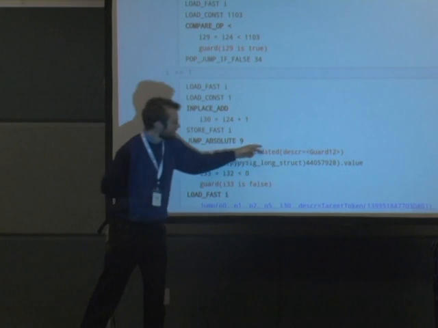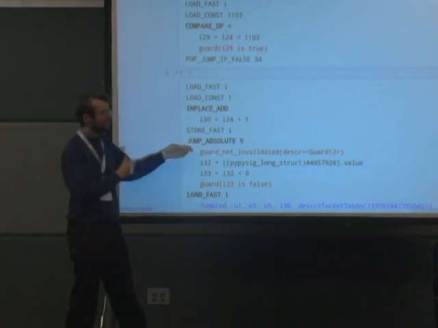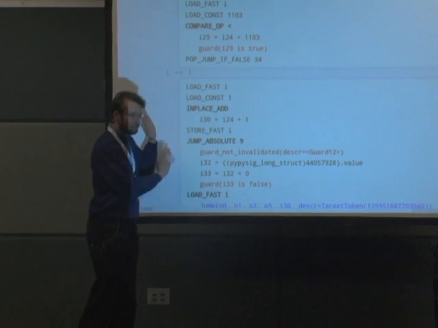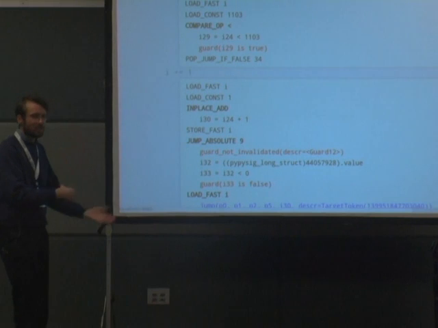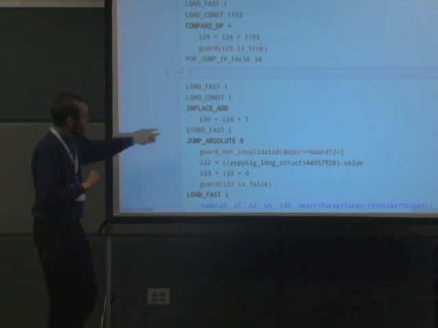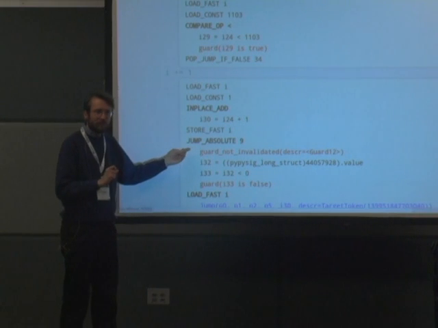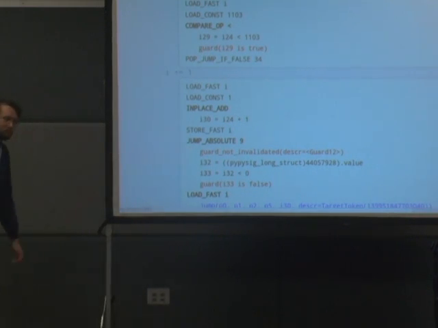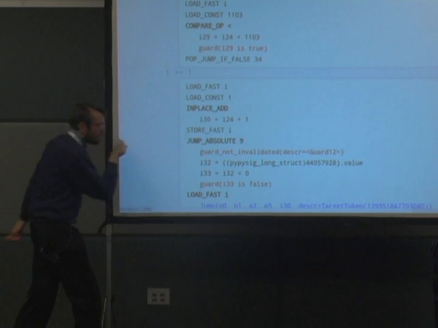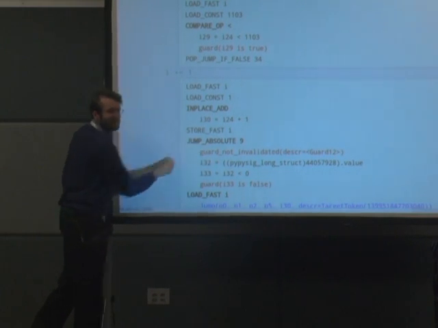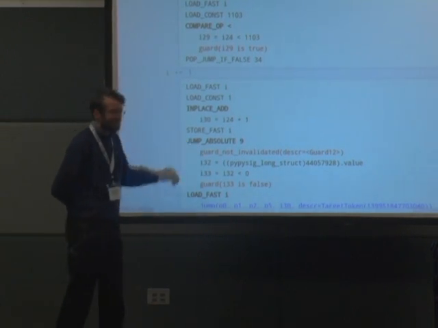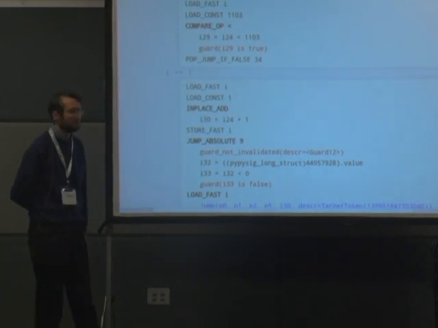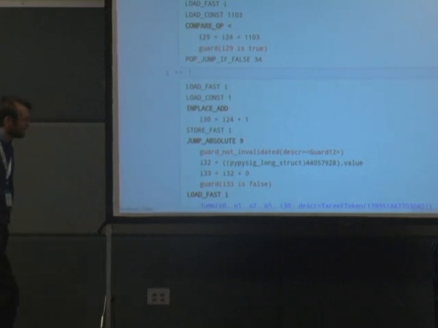It's a guard that can fail, but if some other part of the interpreter would suddenly change a value so that this guard would fail, then it's the job of the other part of the interpreter to go and patch your assembler. So that's why it's actually no assembler code. Next one. Yes.